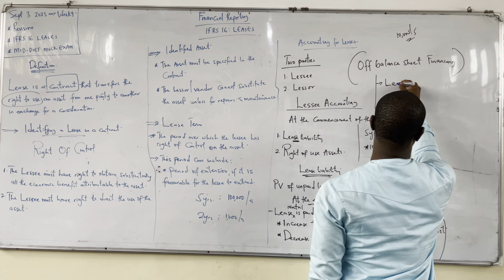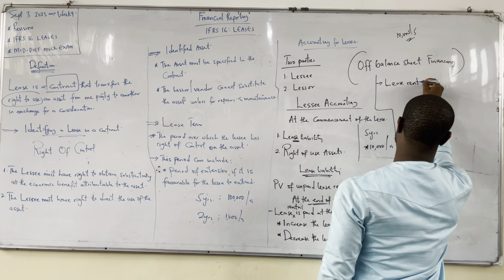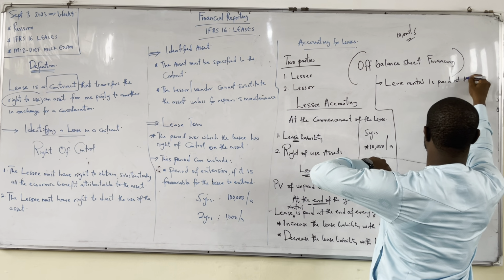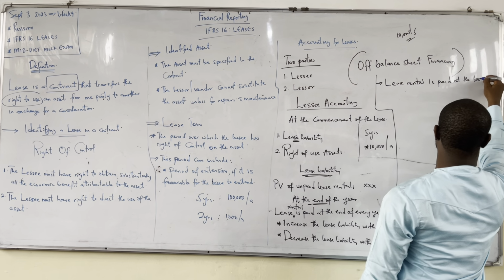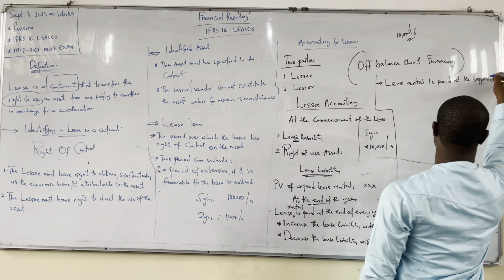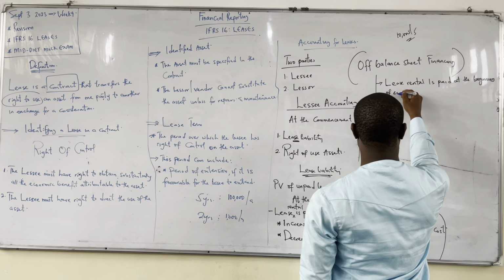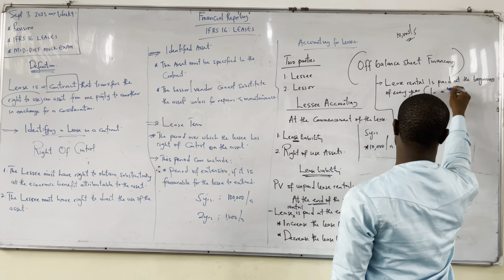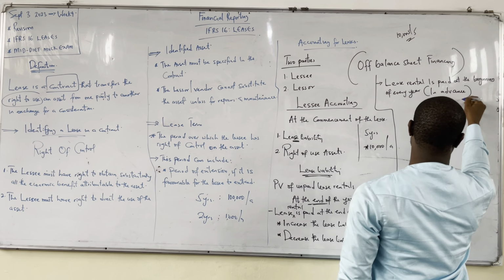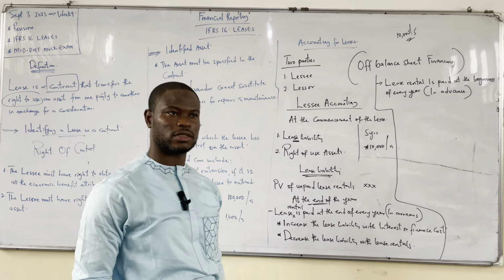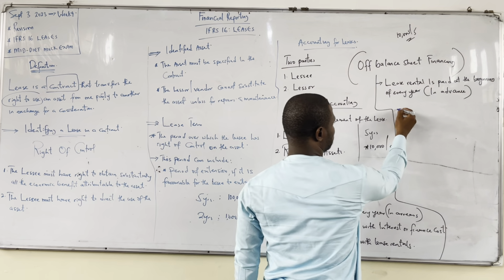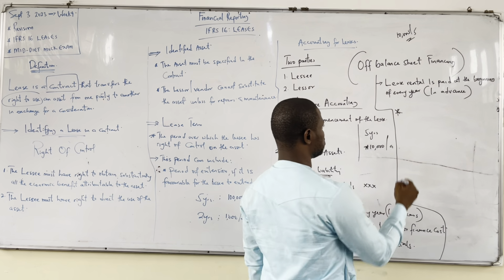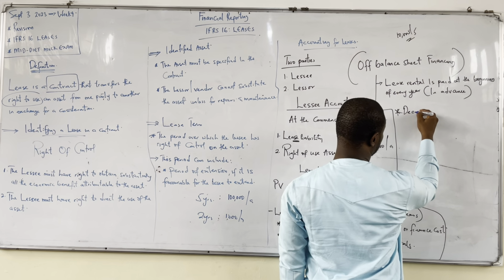The second one, lease rental is paid at the beginning of every year. That is, in advance. In that scenario, the first thing you do is you are going to decrease